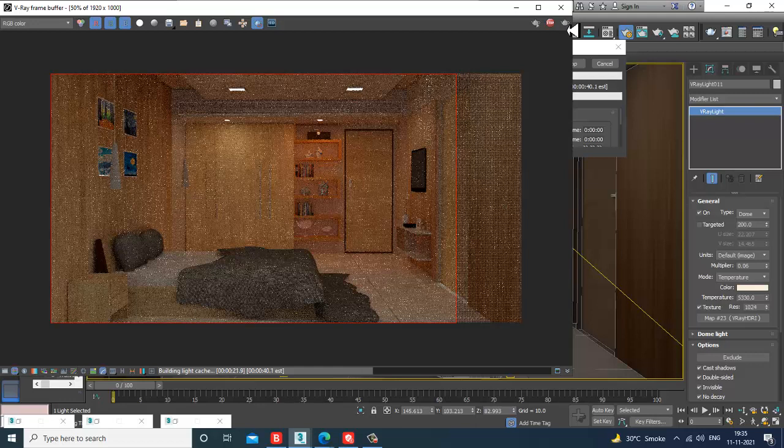So if you don't want the light to affect that area, we can turn that off. Alright, fine. So just let it render. I'll put the output over here. Then we'll add some light passes into it.